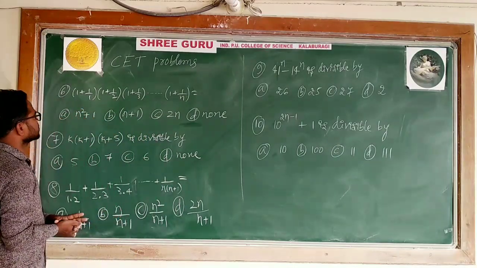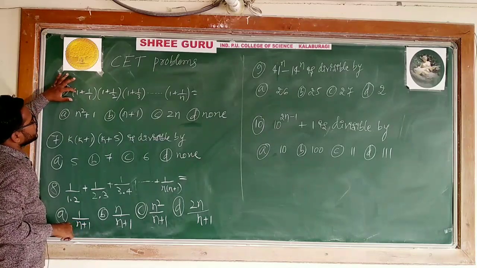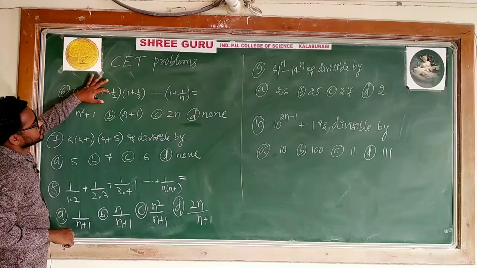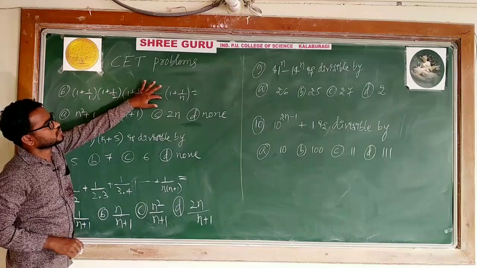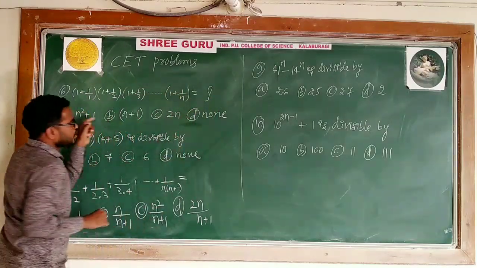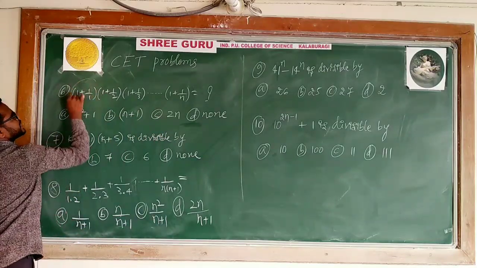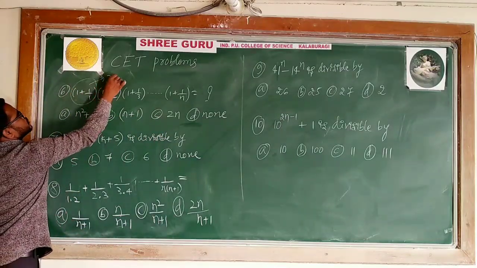Okay, now see what the first one is. The sixth problem is: 1 plus 1/1, 1 plus 1/2, 1 plus 1/3, and so on up to 1 plus 1/n is equal to, and it asks which one is the option. Out of these 4, 1 will be the option. So n is equal to 1 means the first bracket. What do you need to get? For n is equal to 1, you should get 2.